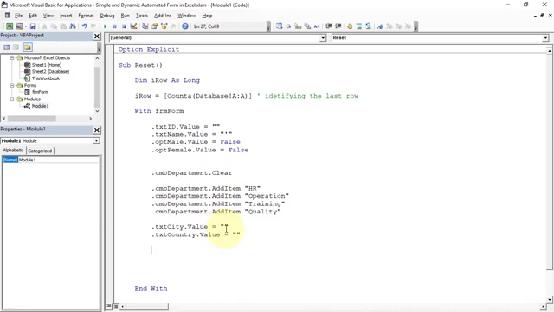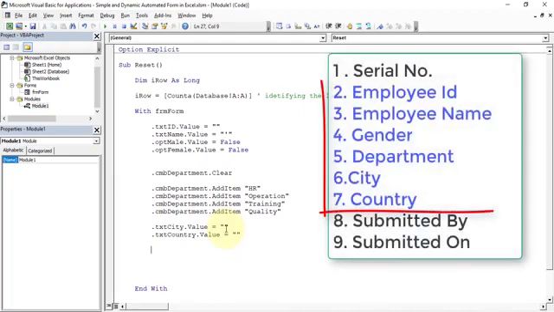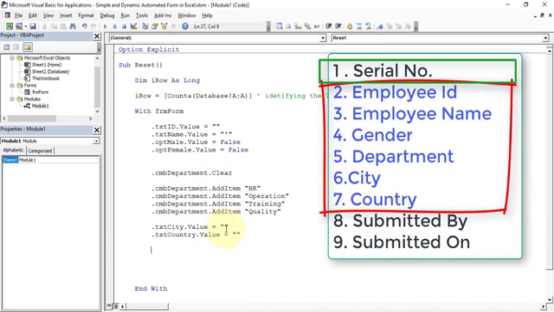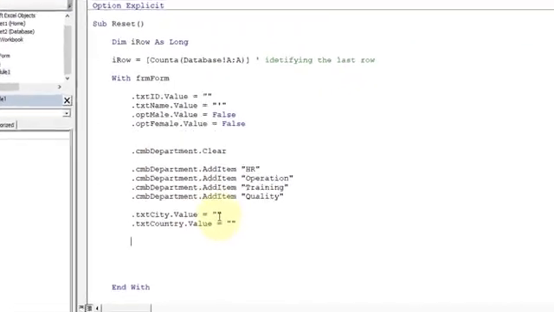So first of all we need to set the column count. As we have 6 different values entered by the user, and one is the serial number that is automatically generated, and 2 different values like submitted by and submitted on, all those fields are 9 fields basically, 9 columns in our database.